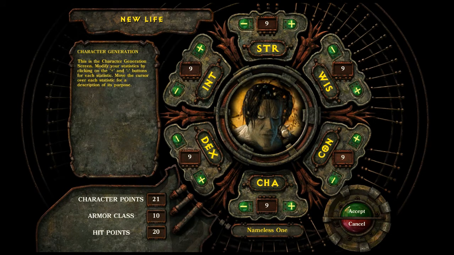So, starting a new character. Search out minimum 9s, which he starts out as a fighter. Last session having picked up. So, strength 9 is the minimum for a fighter, but what I'm going to be doing for this playthrough is giving him,